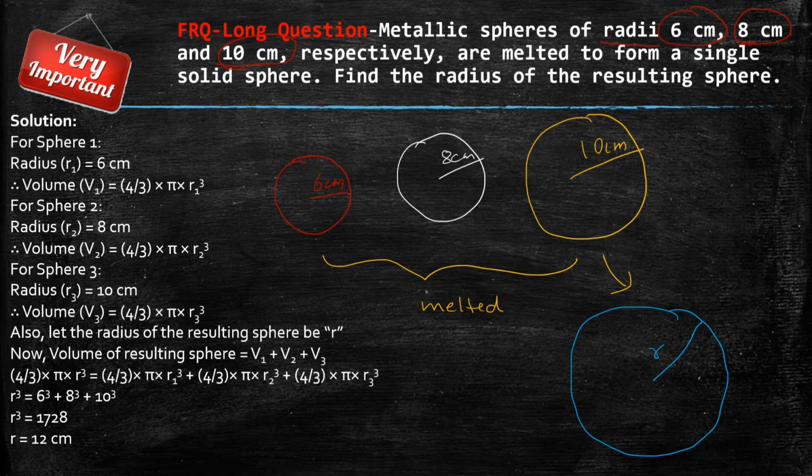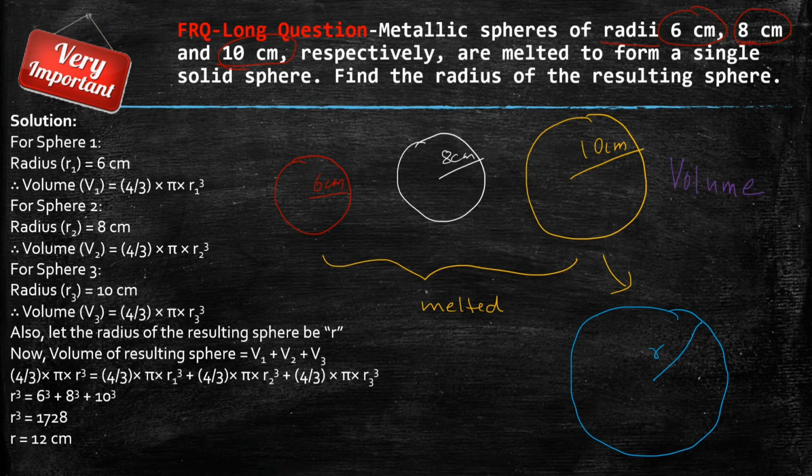Now the important question is whether you have to use here the concept of surface area or whether you have to use the concept of volume. That is what I want you to think of. And the point that would help you to reach the correct answer would be the fact that here you are melting these 3 solid spheres. So when you are melting something and then you are converting it into a different sphere, what should remain same? Definitely it is volume that is going to be constant in this question.